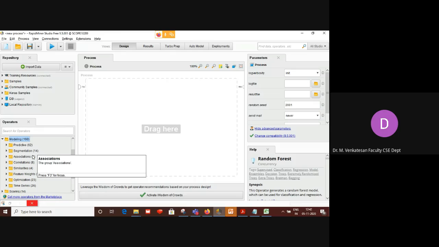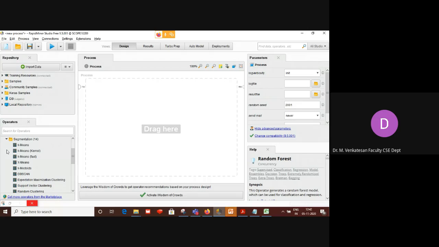I hope you know that. Segmentation is another name for clustering, so don't search for clustering. Under segmentation we have k-means. K-means is one of the most used clustering techniques, and you can use it.